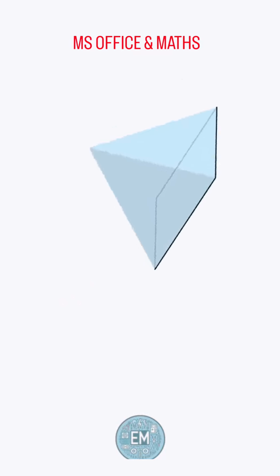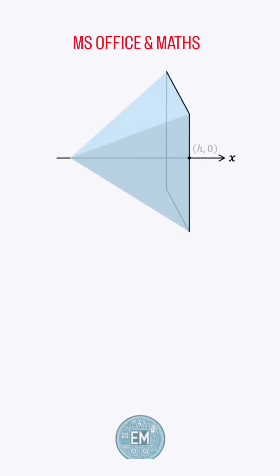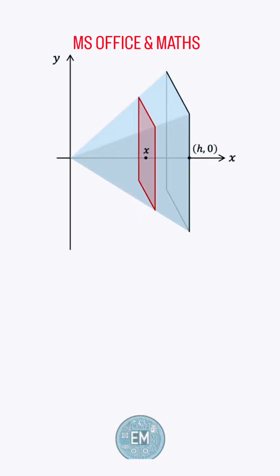We'll align the central axis of the pyramid with the x-axis, and then slice it at a typical point x with a perpendicular plane. Take a square base with side length L, and say the sliced piece has a side length S, which depends on x, because it varies depending on where you happen to be slicing. If this portion has an infinitesimal thickness, dx, then the volume would be A of x dx, where A is